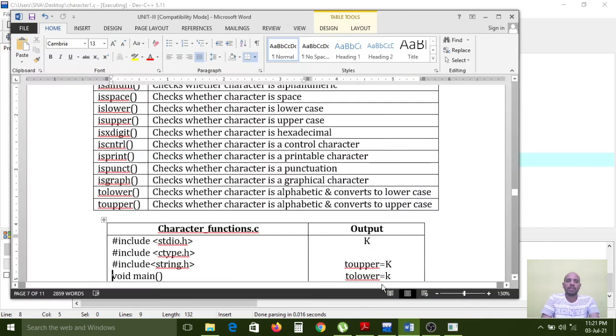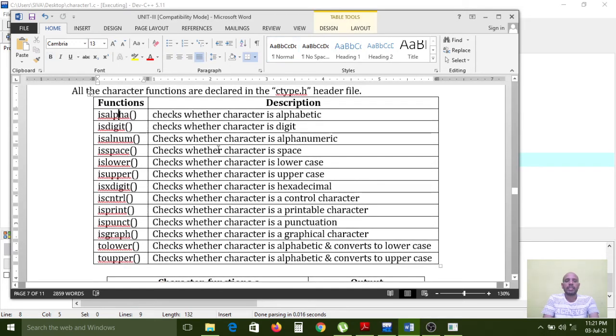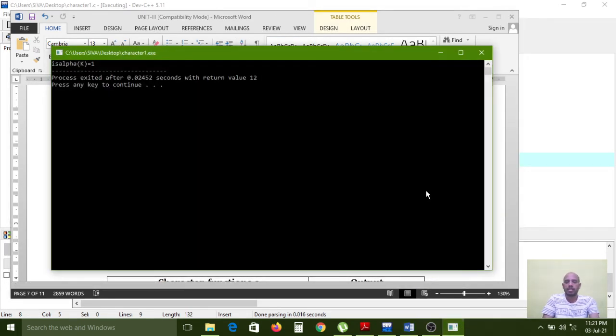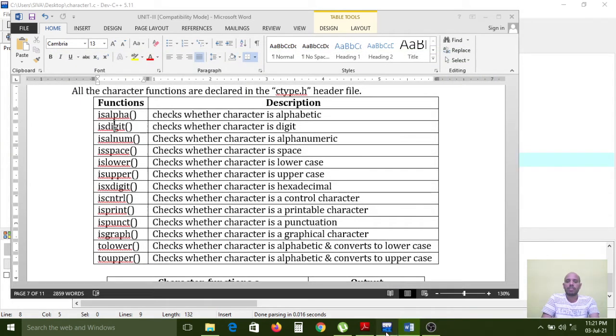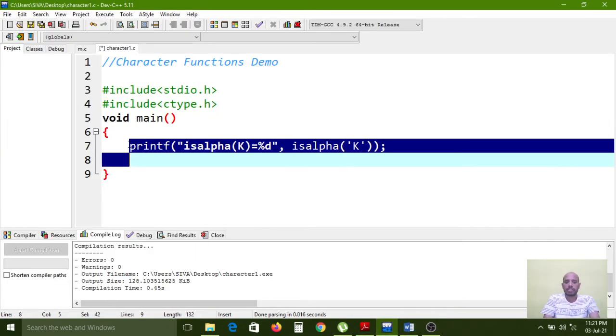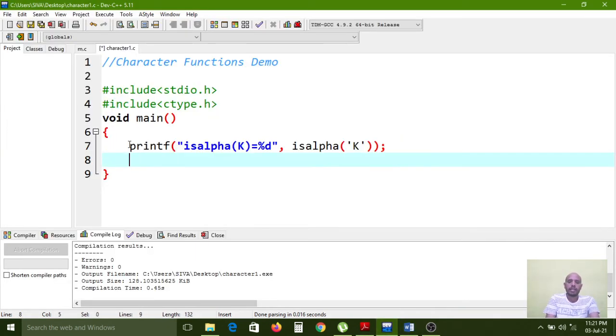And the next one is what? Is digit. Is digit function. So now I want to check the is digit function. The same function I am copying and pasting down. Now is digit. Inside also, the same k letter I am passing, and because it is not a digit, this function must return 0.